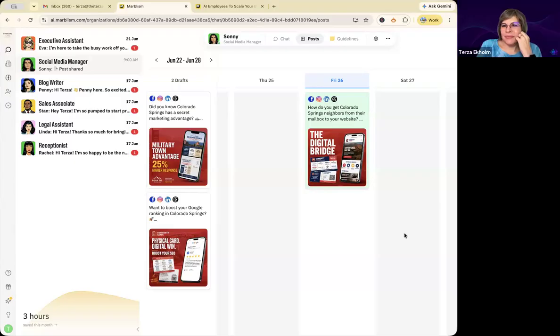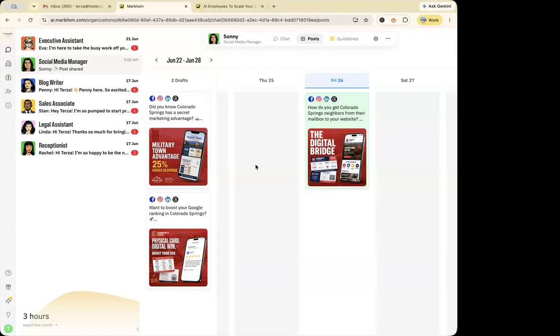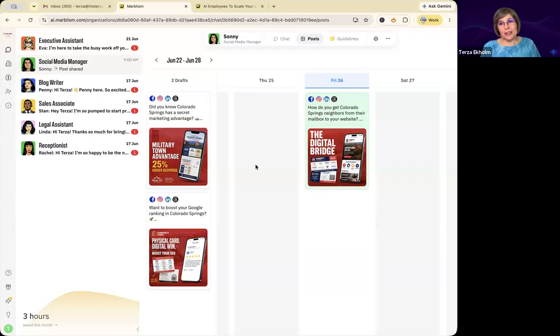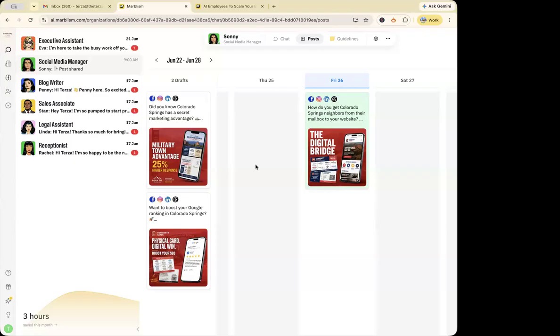Yes. Now, there's a caveat. All the places that I said he can post to, he can. Facebook doesn't allow you to post anywhere except to your Facebook page, your Facebook business page. Oh, okay. But that's a Facebook issue, not a Sonny issue. Right.